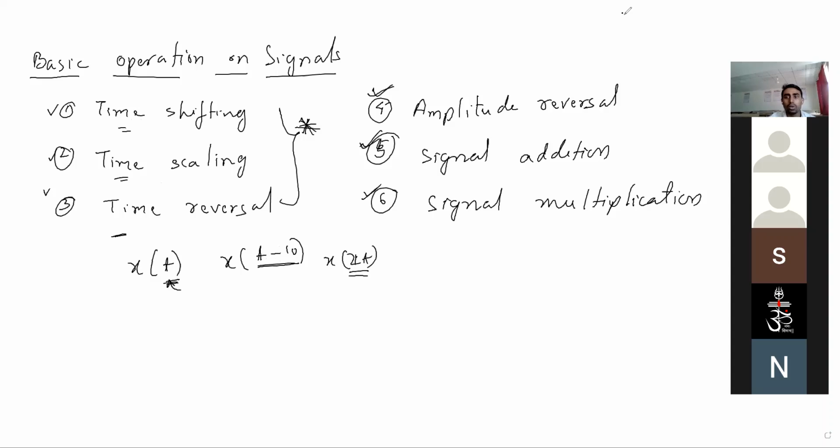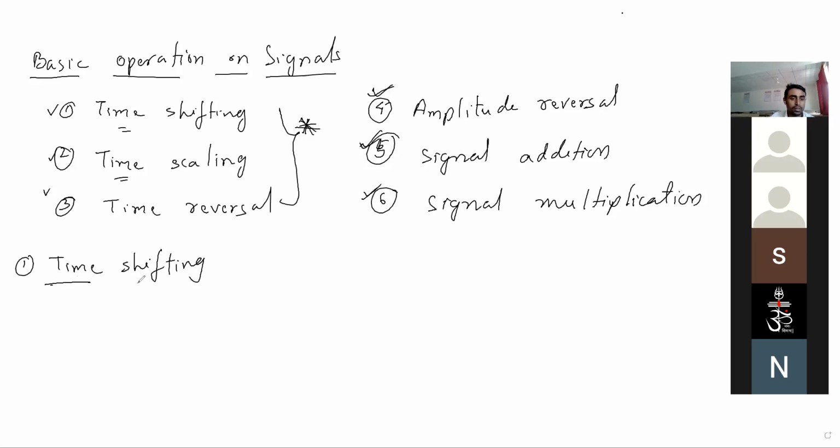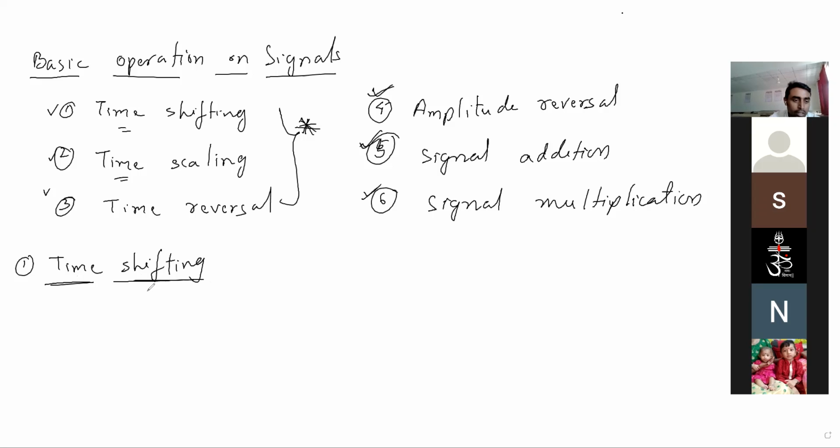So let's go to discuss one by one. First one is time shifting. Shifting means we shift some signal from the right side or left side. It is shifting its position. So let me define it first. Time shifting